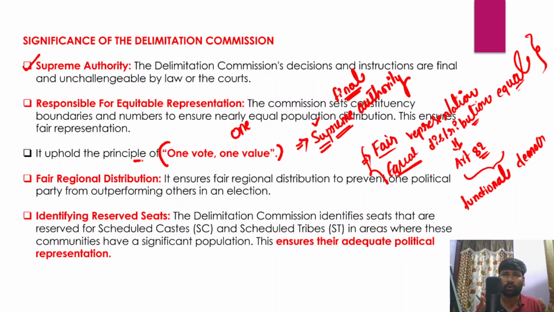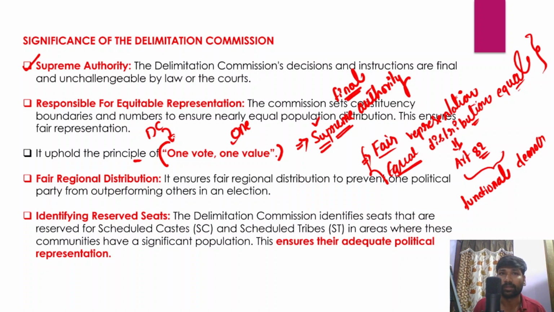So irrespective of the economic status, social status, political status of individuals, every individual will have a right to vote, and this right to vote has a similar value without any distinction. Therefore, this delimitation commission will also uphold the principle of one vote, one value by deciding the territorial constituencies